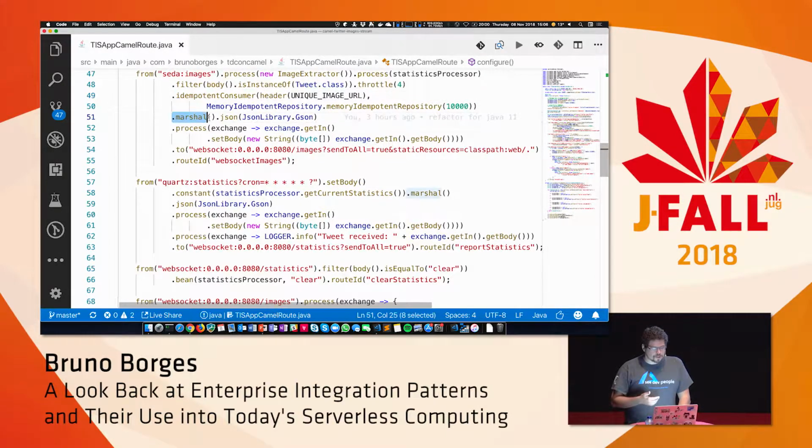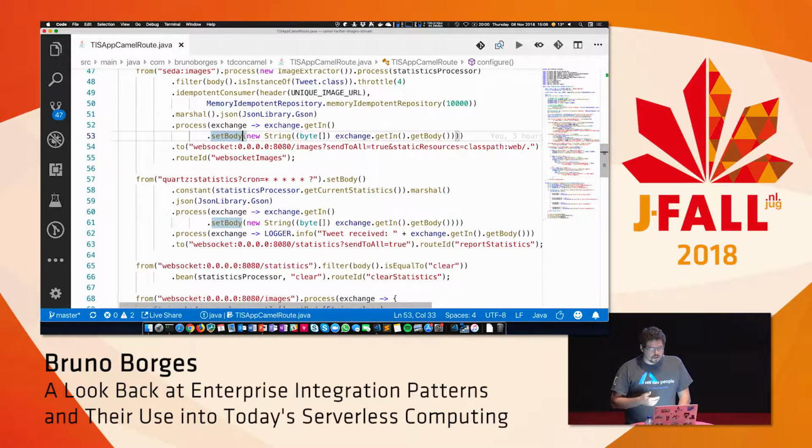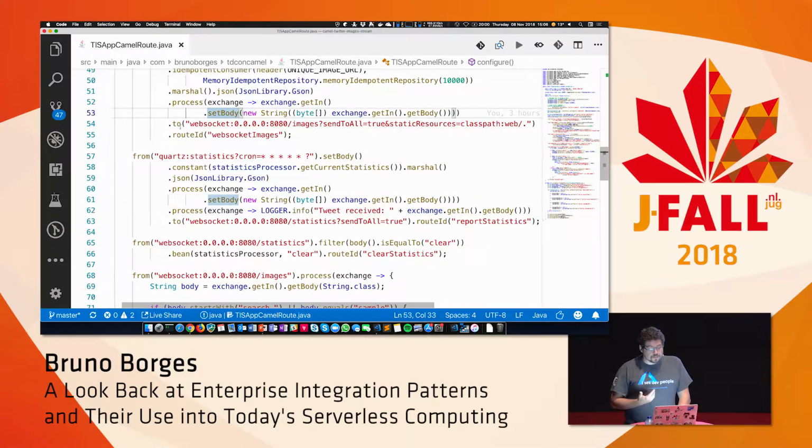I'm going to marshal the object and convert it into a JSON. And then I'm going to, of course, change the payload into a string. And finally, I'm going to send it over a WebSocket to a listener on a web application that will be stored using the JavaScript and HTML files located in this folder.